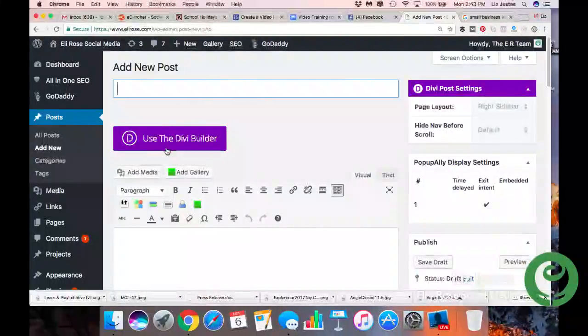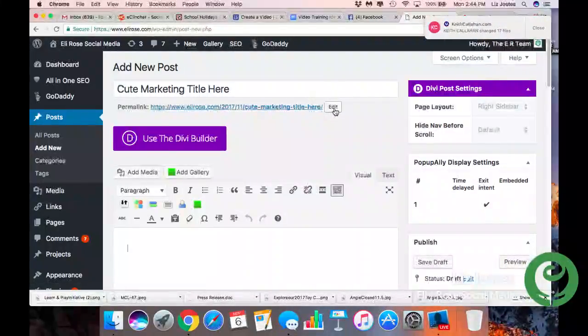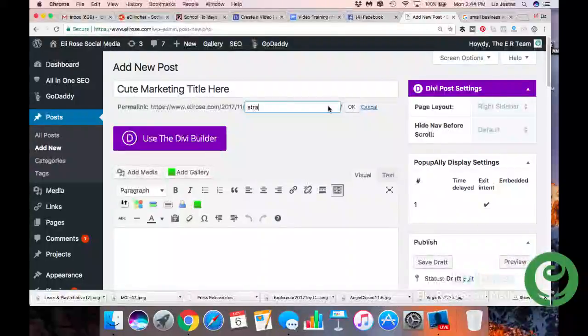First of all, one thing that's really nice about WordPress, which a lot of CMSs don't allow, is you can change the permalink, or the direct link, to your blog post or page. So you can have, let's say, a cute marketing title here. And then once it saves as a draft, you can edit this permalink line to say, like, strategic, you've got to have dashes in between the words, strategic SEO keyword